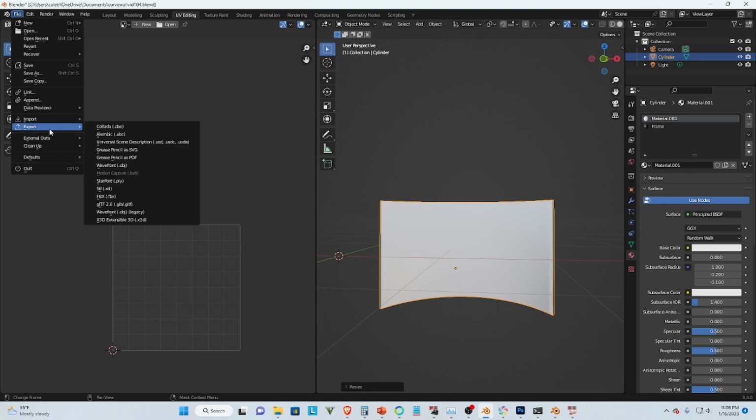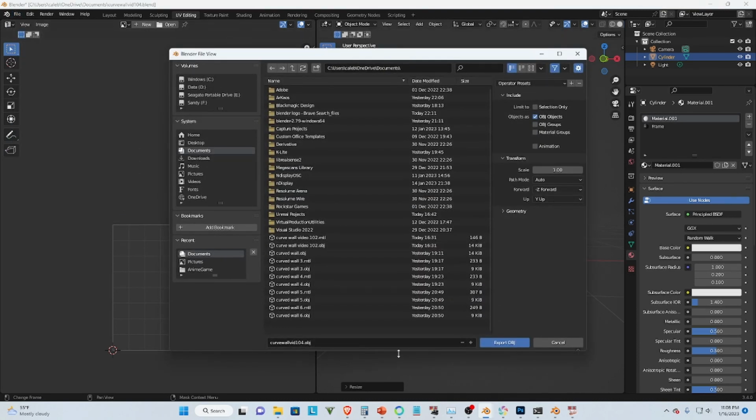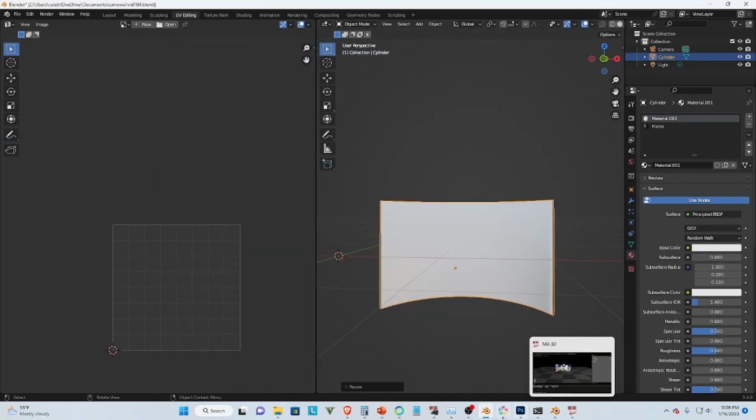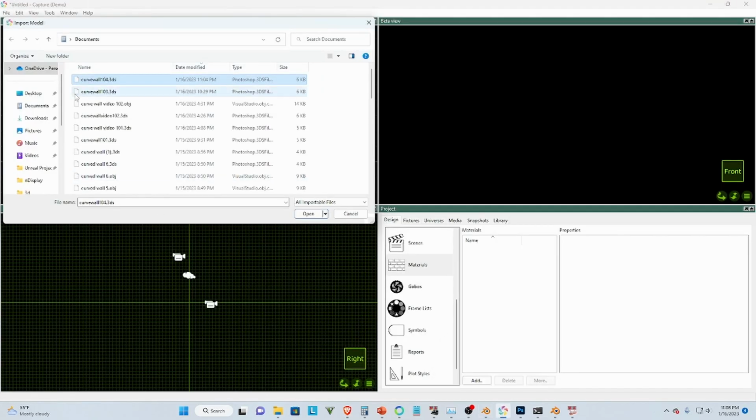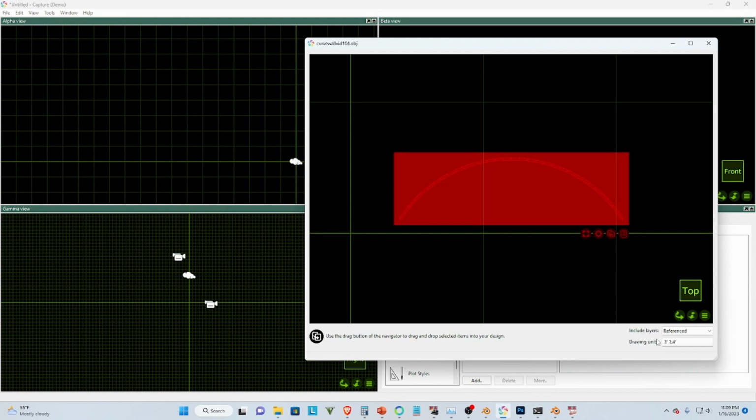Then hit File, Export. This one's going to go out as an OBJ. Those seem to work the best. Refresh our documents. Where is it? There it is. And then we're going to hit this copy button here, drag it into our scene,